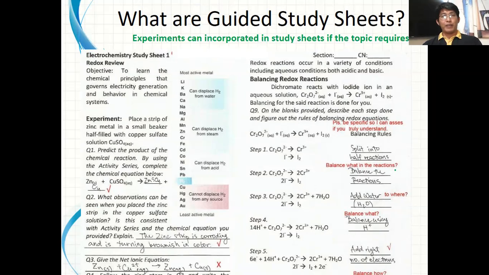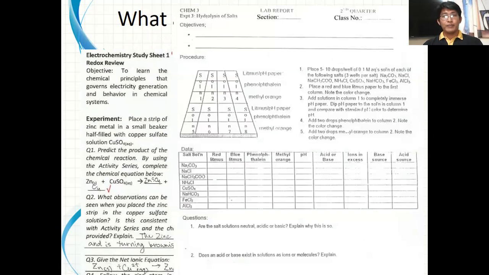So in a study sheet, meron ding experiment. You can actually incorporate experiments. So I have here a very short one-sentence experiment. Okay. In class, we have a setup for this. We have a beaker of copper sulfate solution, and then we have zinc metal strips. So each group puts the zinc metal into the copper solution. Now, in the absence of actual experiments, you can actually